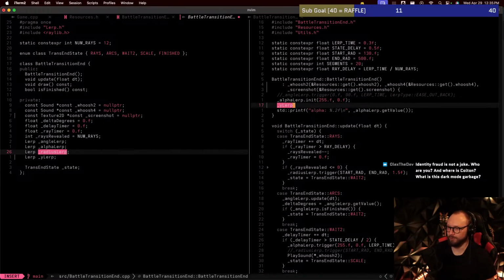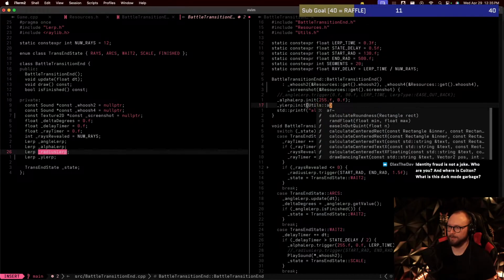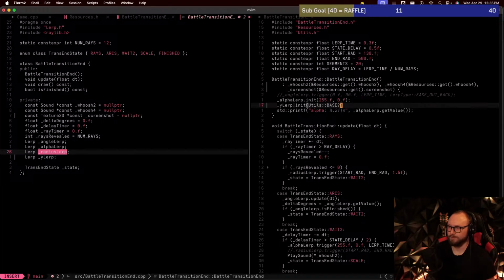Alphalerp.init, here's where we're gonna do it. Ylerp.init, and it's gonna start at, I believe it was, base res times 0.5, and it's gonna end at